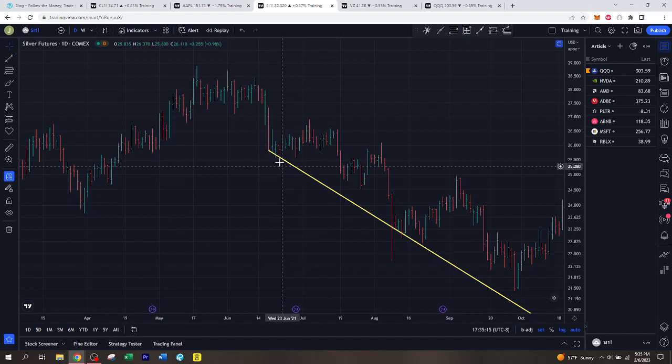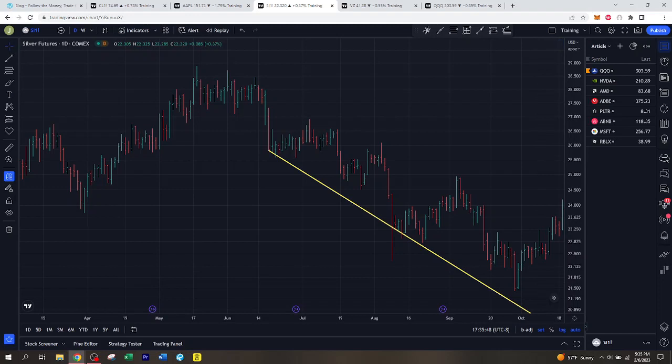pushed down lower. So looking at silver back in June of 21, we see our first low here, and then we get another low here, and then we get another low down here. So you can see that bears are clearly in control. No one is stepping in to buy these support levels. You had a support here around 25.5, then you had another support around 24.75. We had another support around 23, and then we found our final support around 21.5. So this is just a continuous downtrend, and that's not what you want to see when you're trading to the